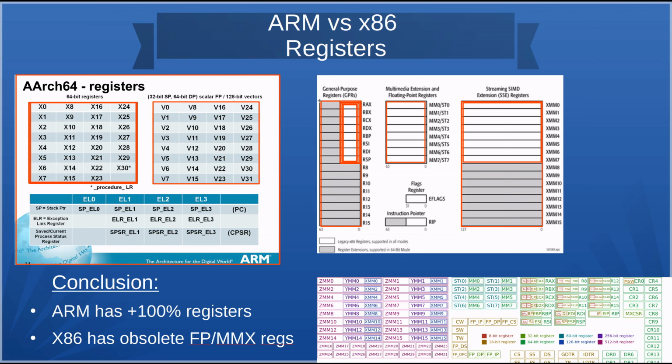But because there are not enough registers, the compiler for x86 has to do more loads and stores in the middle of the loop. So this is the direct impact on IPC. And of course, you can say that there is also the physical register file. The CPU has many more registers than the architecture actually makes accessible. But you have to remember that those physical registers, which are like 160 of them instead of 16,